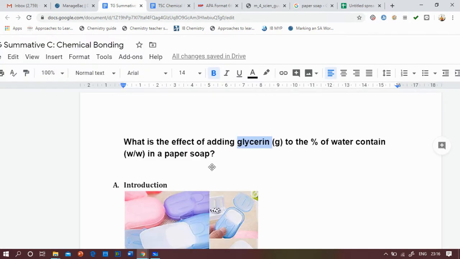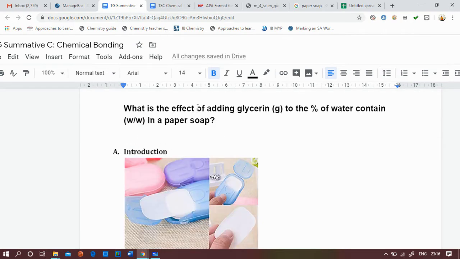So there is this investigation by someone we don't know the name of, who wants to investigate: what is the effect of adding glycerin on the percentage of water contained in a paper soap? Basically, the investigation will add glycerin to the paper soap and test whether the glycerin is able to hold the water better than the one that doesn't have glycerin in it.